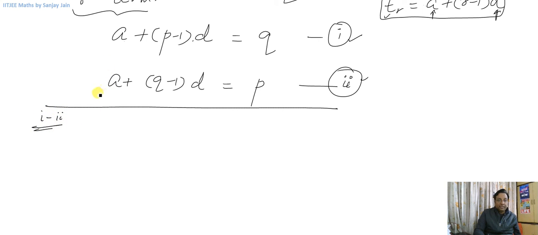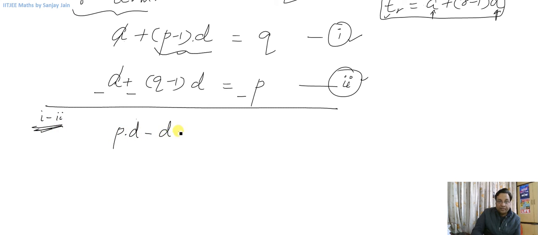When I subtract, these signs will be changed, right? This A will get cancelled, right? And here I'll have P minus 1 into D minus Q minus 1 into D, right? So what will I have? If you can notice, this minus 1 and this minus 1, this minus D will be taken care of. All I'll be left with is P minus Q into D. If you cannot observe directly, what you can do is you can open these brackets and write it like this: P into D